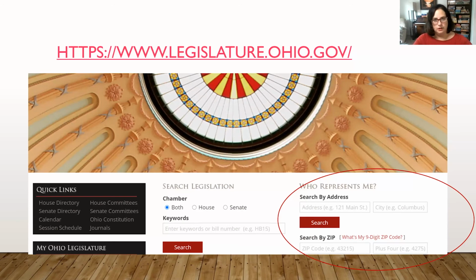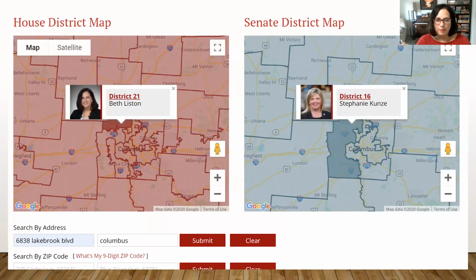How do you learn about your legislator? We're going to talk about meeting with legislators and what that might look like. But obviously, first you have to figure out who it is. So really, this address works. And you can Google it. Just go Google Ohio legislature, and you'll be brought to this site. You can search by address. So all I have to do is enter your address. And if you do so, the map is a little wonky. I'll admit, it's not the easiest map to use. But if you put an address in here, it'll tell you who's your state rep and who's your senator.